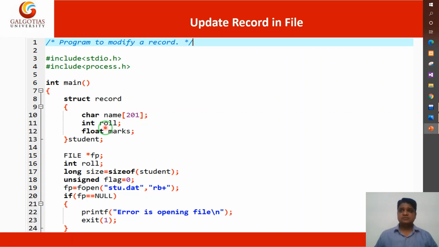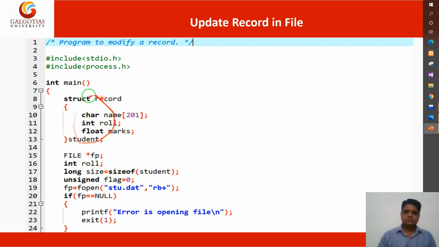One thing very carefully: if you are searching for a record with fseek, then the function will always take the value as a record number 1, 2, 3, 4, 5, 6, 7, 8. In this program I have provided roll numbers 1 to 8 like that. But if your roll numbers are like 101, 102, then you will not use them as record numbers; you will have to create a serial number 1, 2, 3, 4, 5, 6, 7, 8.